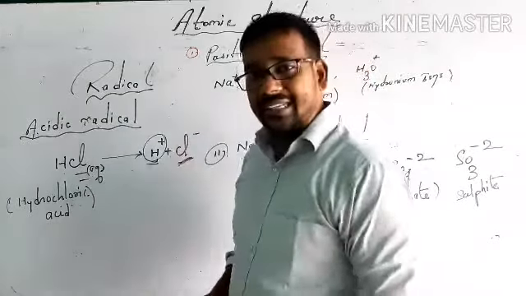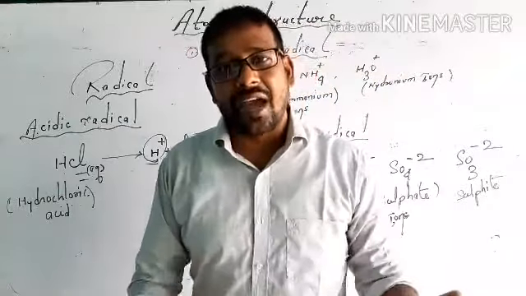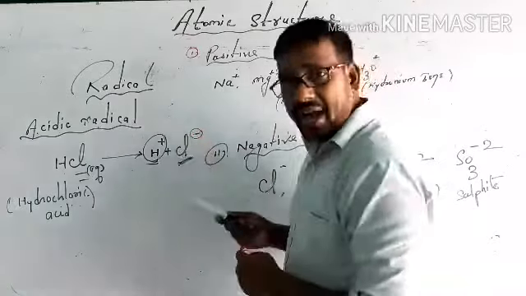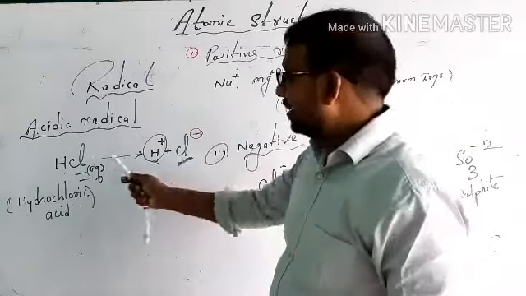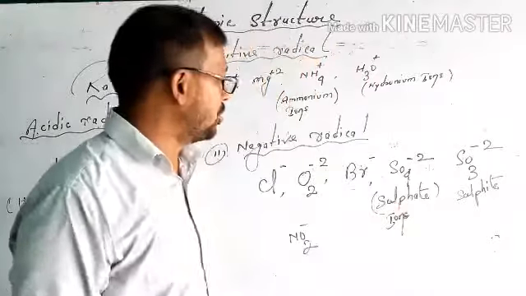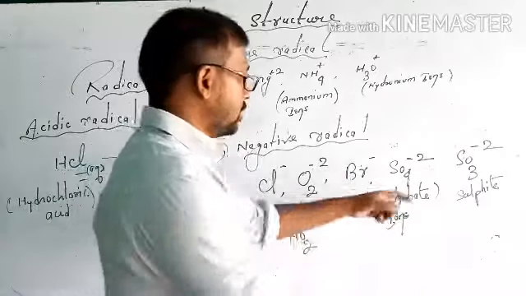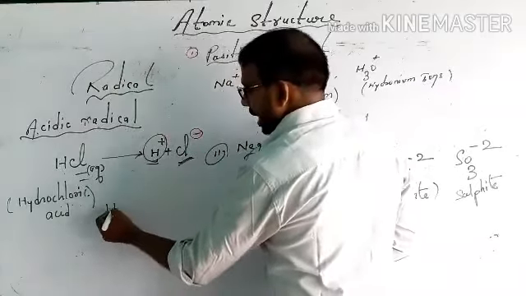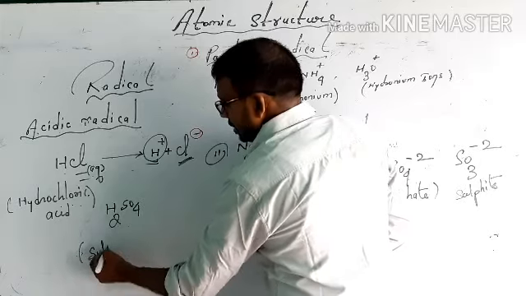And Cl minus, an ion, may be a cation or an anion. It carries negative charge, which means it is an anion. And the anion, the charged particle which comes from an acid, is called the acid radical. You can see in your book all the negatively charged particles, many, such as sulfate. This is the negative acidic radical. Again I am going to give you an example: H2SO4, its name is sulfuric acid.